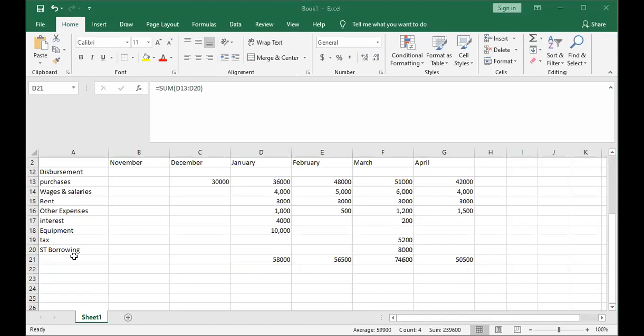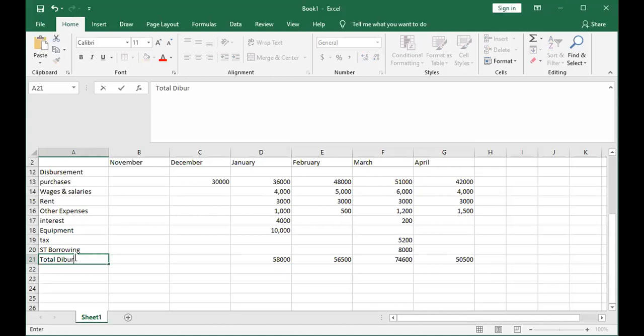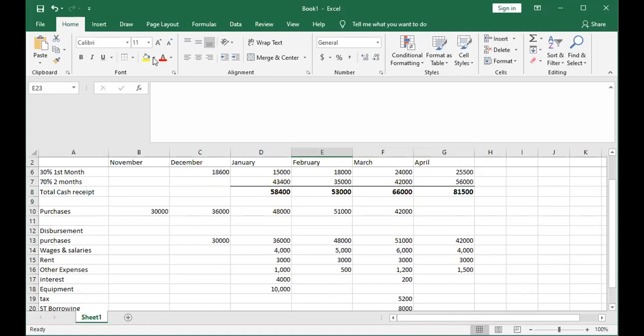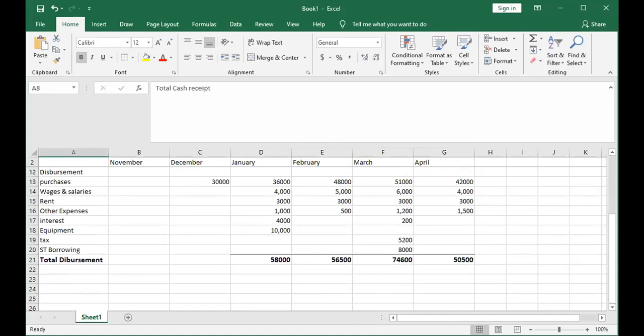Okay, so this is the total disbursement. Now once you get the total disbursement, then